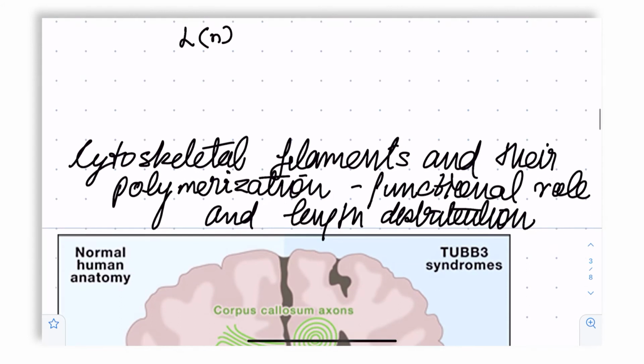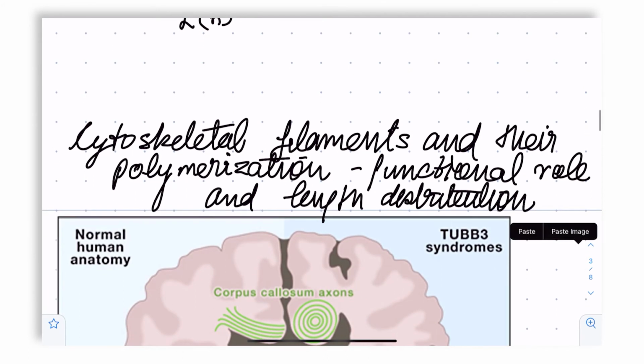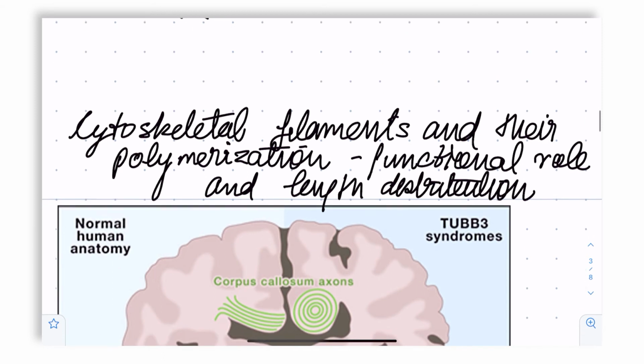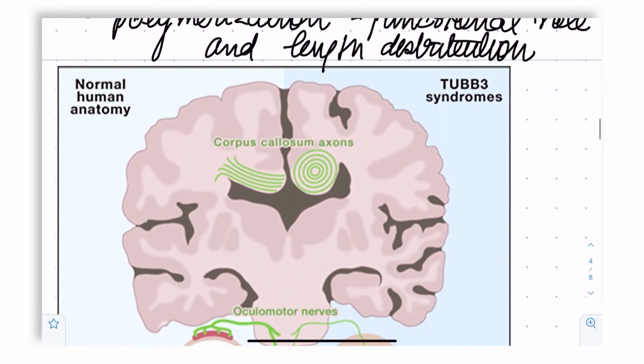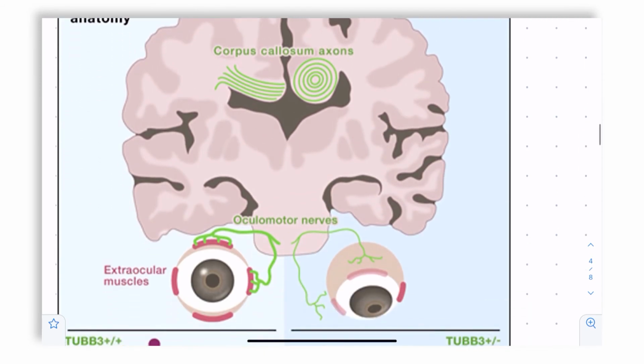So does this have anything to do with any experimental reality? Can we go back and check, and so on and so forth? Because we made a lot of gross simplifications. It turns out cytoskeleton filaments and their polymerization have a functional role, and their length distribution has a functional role. And the most prominent place where this happens